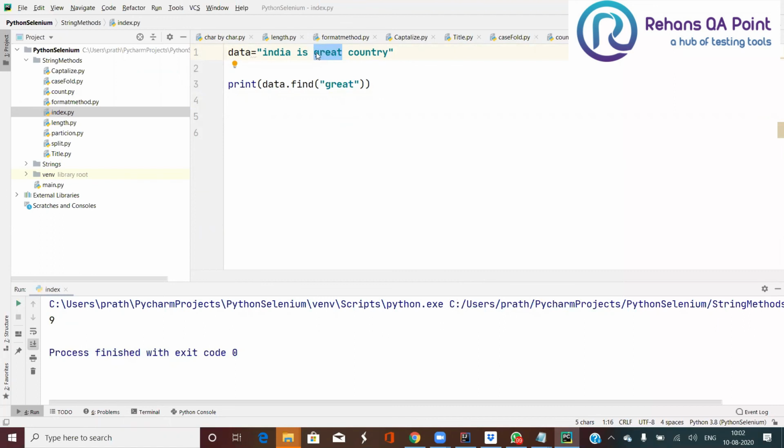People will get confused here. It is going to give 9, meaning the position of G. Now count it here: 0, 1, 2, 3, 4, 5, 6, 7, 8 and 9. So remember that it is going to give me the first character index position of the given word. It will search for the entire word, doing word to word matching only. If a match is found, the number is the index position of the first character in the given word. I literally faced this question in one of the interviews. So is the number for this word or this character?